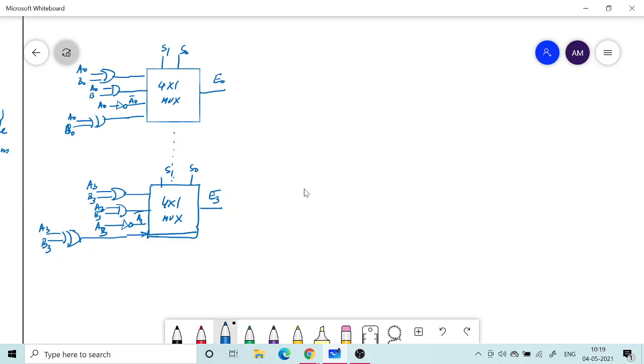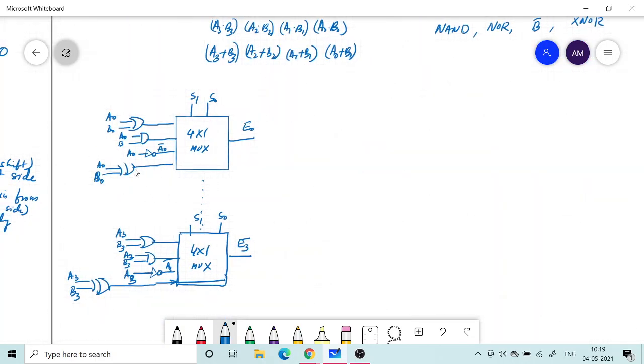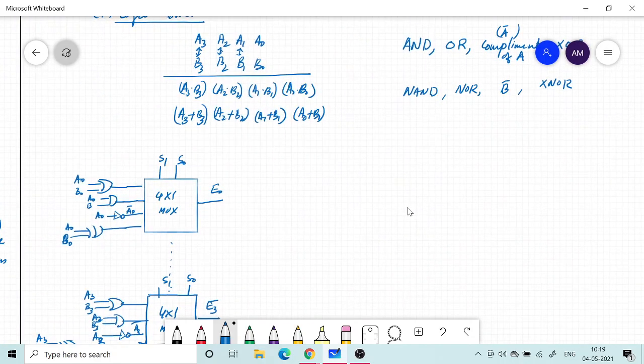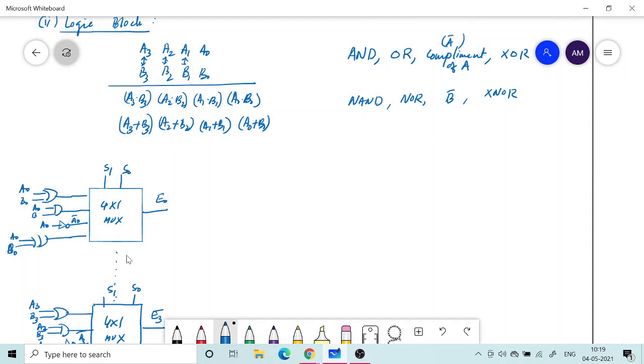So this is my logic unit. Okay, so my logic unit has all the gate operations which I want, and that is repeated for each bit, and for each bit there is a multiplexer. Now if I want to incorporate say 8 different logic operations, then I need to take an 8x1 multiplexer, and there will be 4 more inputs for the 8x1 multiplexer. There I put NAND, NOR, B bar, XNOR, all those things. Okay, and at the maximum we can have 16 operations that are possible.